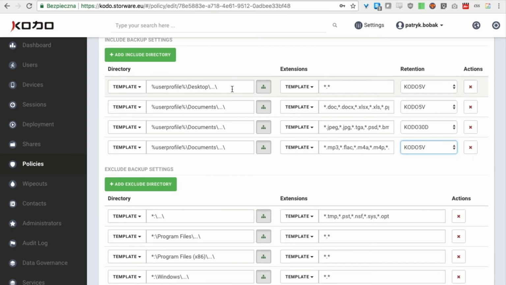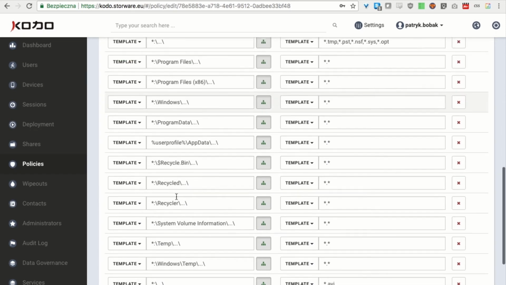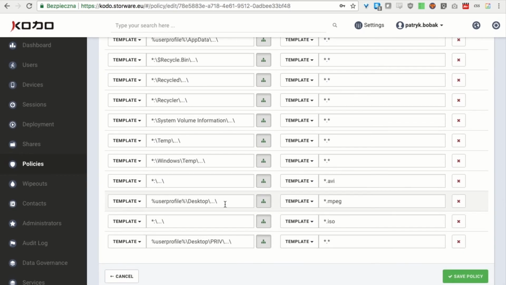Like for example, here I have a desktop, and from the desktop all files should be protected, but in exclude settings I have the desktop also, and I have excluded files with MPEG extension, and from all local drives and all folders and subfolders, all ISO files. So if I put an ISO file or some movie on my desktop, it will not be